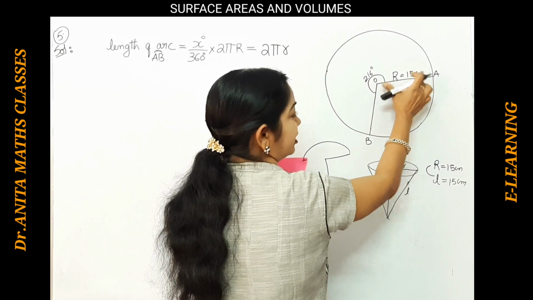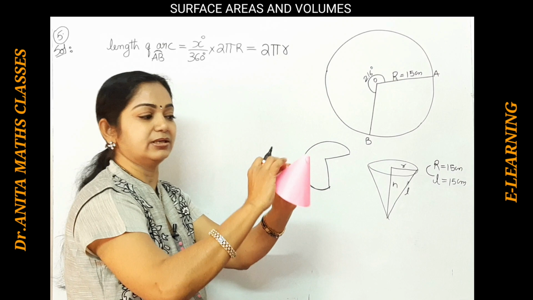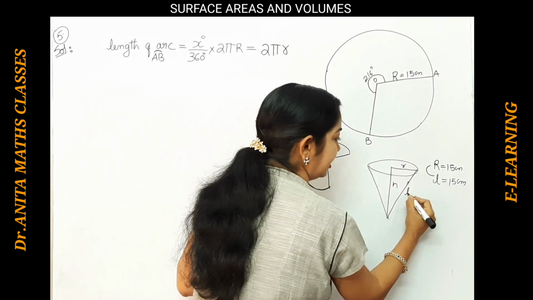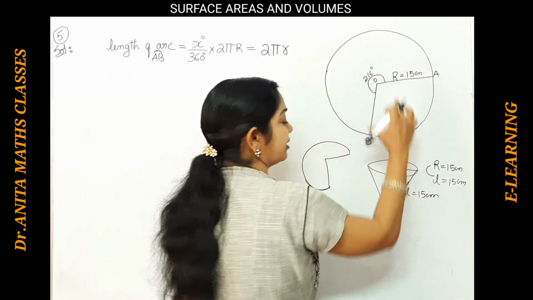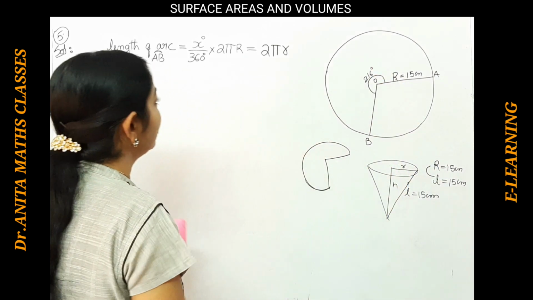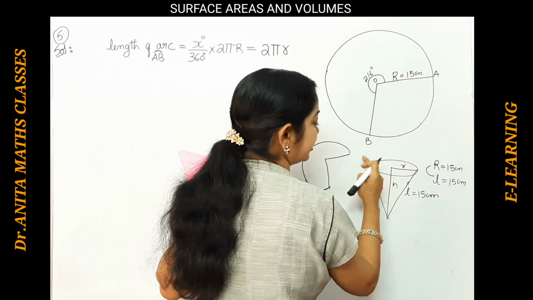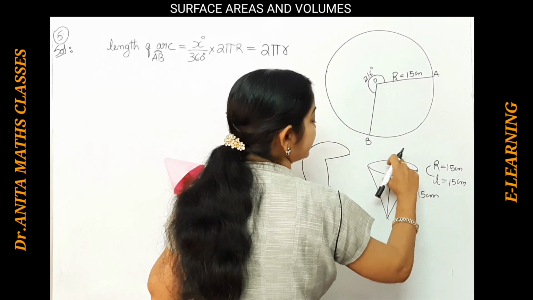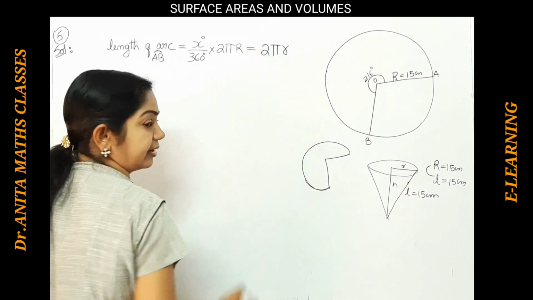This radius, we are joining these two bounding areas and forming this. This becomes a slant height, isn't it? This is the slant height, that is nothing but L, given as 15 centimeters, because we are folding this and forming a cone, isn't it? So clearly understand, this length of the arc will become the circumference of the circle, which is the base of the cone. So here, to differentiate, I have written R and R, right?